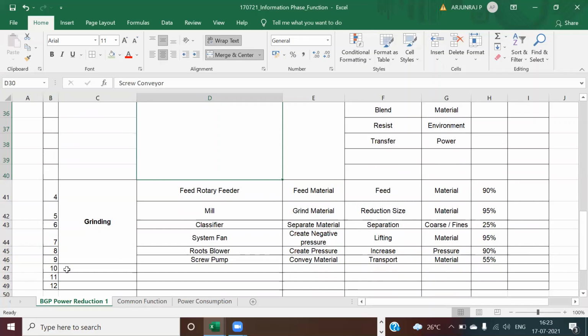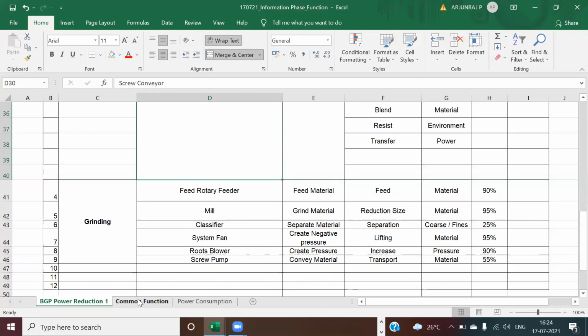You do it similarly after grinding. What will be the next stage after grinding? You write all these things, and then you come up with the plan of the FAST diagram. Then I will correct it. Then we can discuss this next week, next class, which is Friday and Saturday.